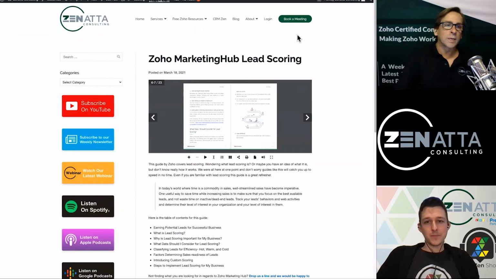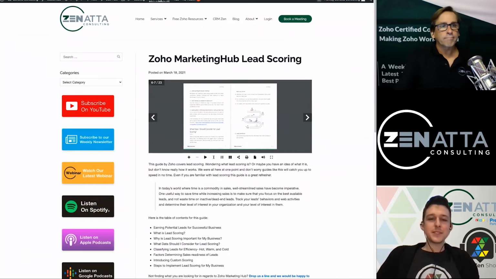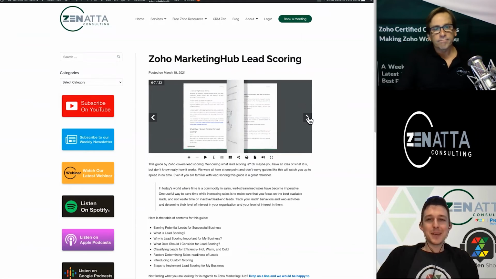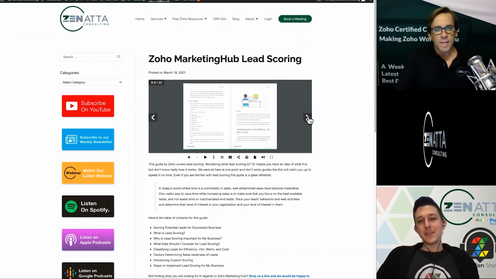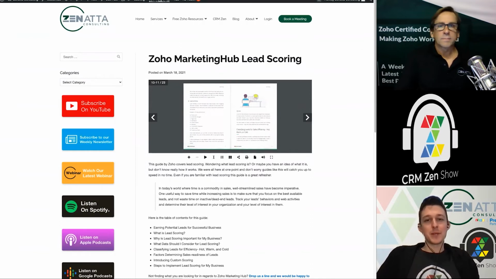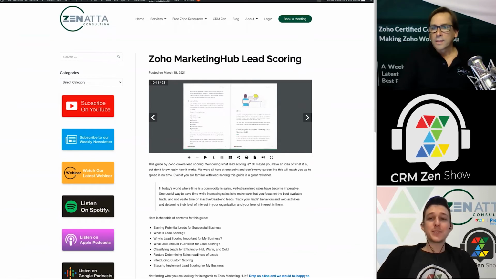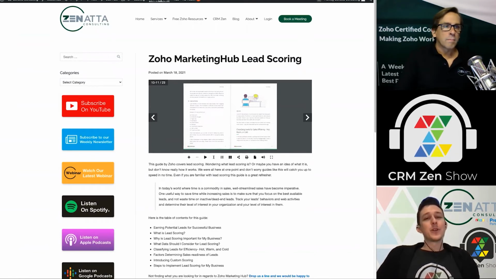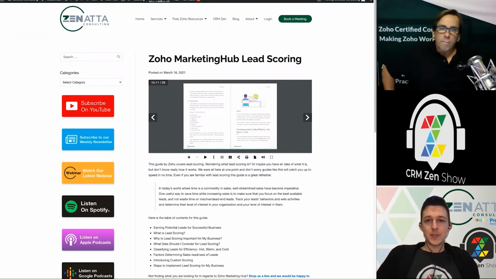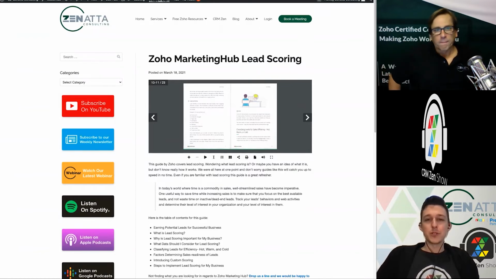But if you're using Marketing Hub, here's lead scoring. Yeah, and this lead scoring guide, because so much of the functionality is shared between Campaigns and Marketing Hub, anything that you read in here about email scoring is going to be almost exactly the same in Campaigns. And I will say it's a powerful tool. We've done a lot with scoring in workflows, which are like the Campaigns and Marketing Hub version of a journey